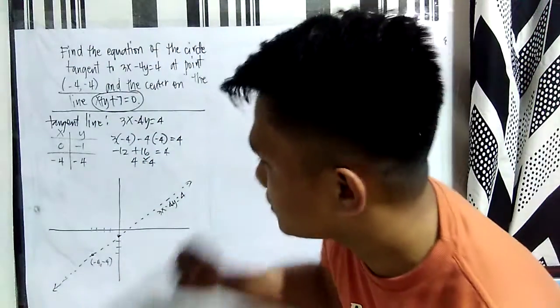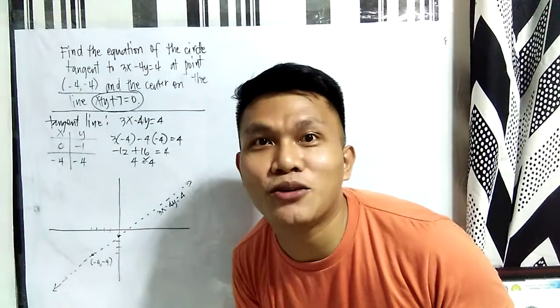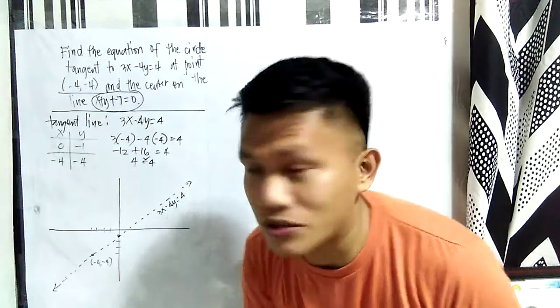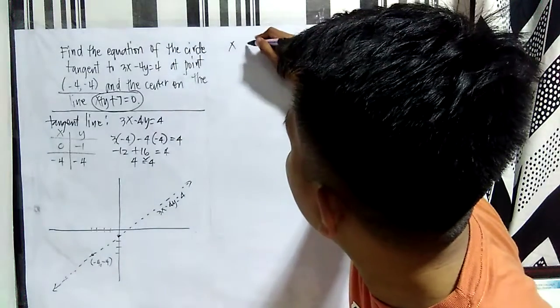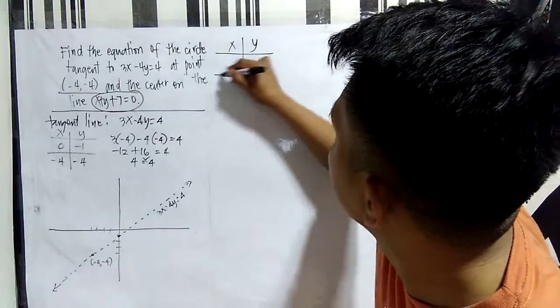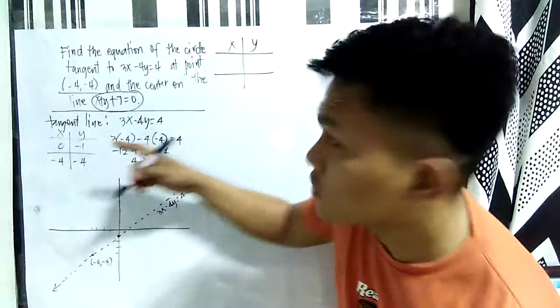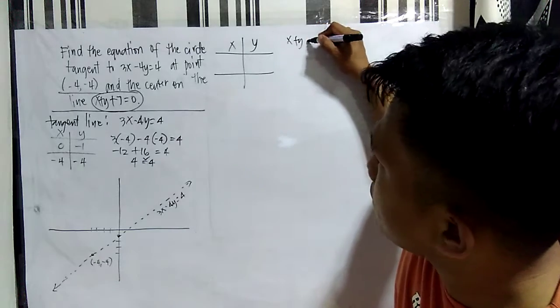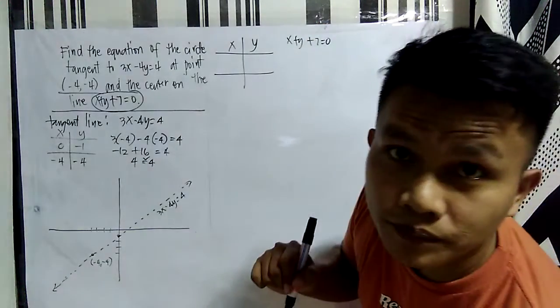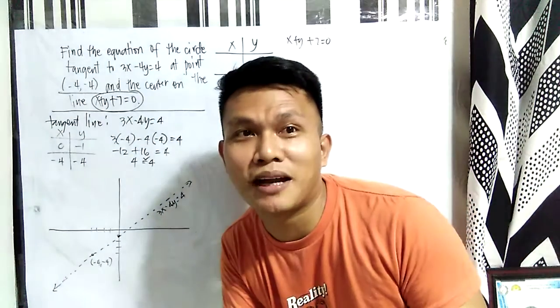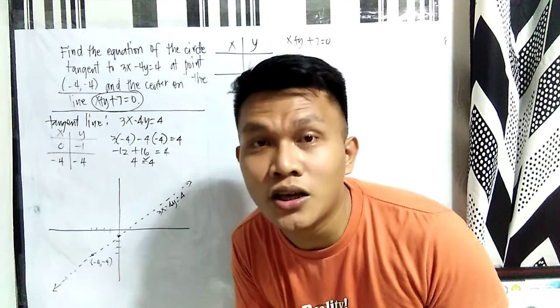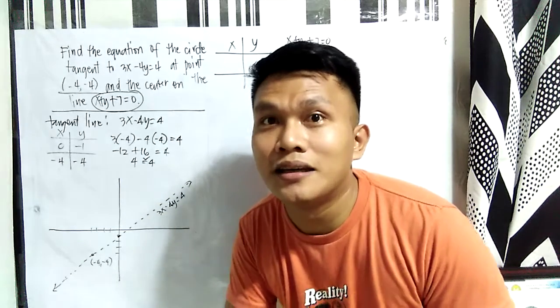Okay, so the same process, kailangan nating gumawa ng ating table of values. So meron tayong x and then y, for our line x plus y plus 7 equals 0. So nag-graph pa lang tayo, para ma-visualize natin kung ano ba ang itsura ng ating line